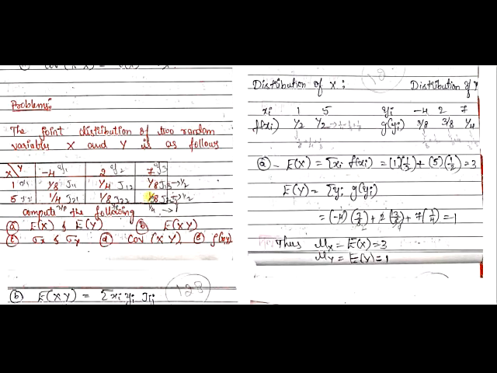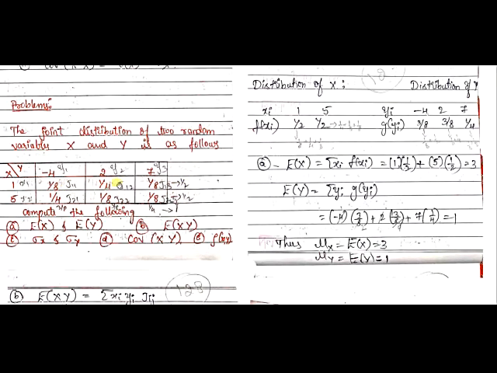You must be able to identify these terms when the table is given. Now you know what is j11. j11 is 1 by 8, j12 is 1 by 4, j13 is 1 by 8 again. These things you know now. And what is this 1 by 2 I have written here? See, these things will not be given in the table, that you have to find.